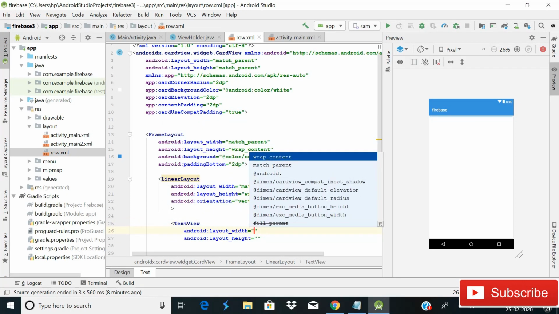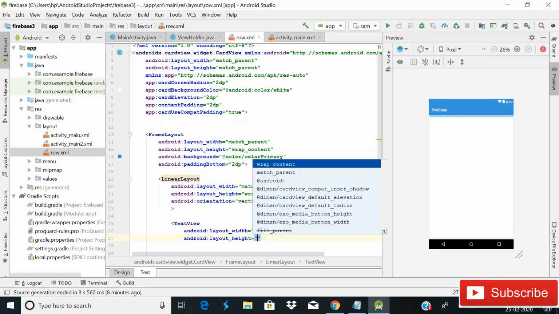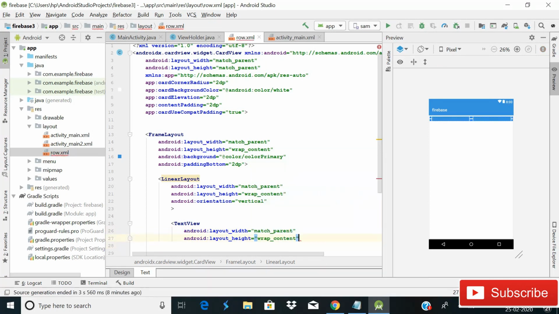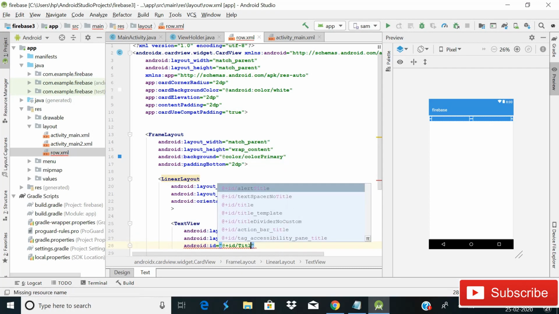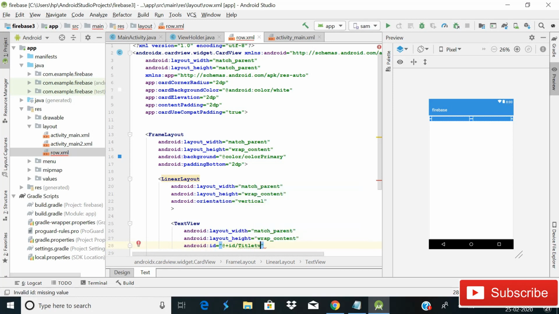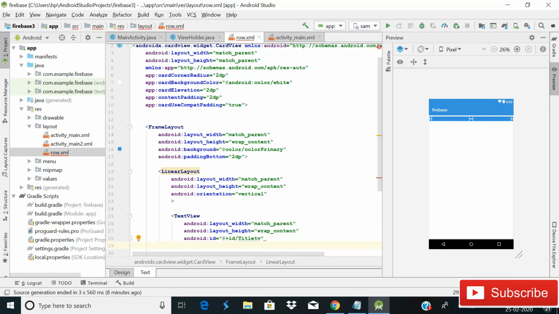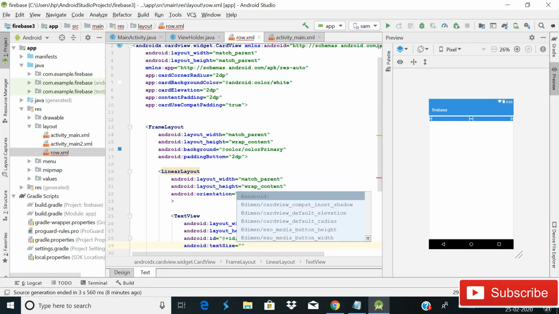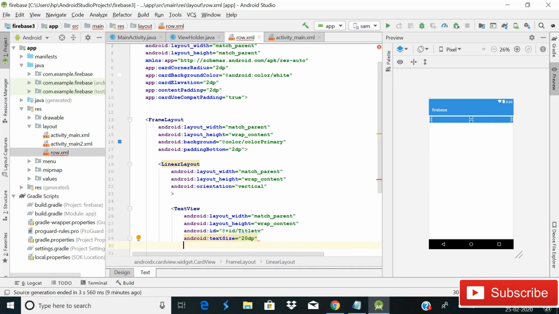Simply write TextView, width match parent and height wrap content, and then we will give it id titletv, and then textSize 20sp, make it 15sp, because when we talk about text size, we use sp, we don't use dp, because dp is for other attributes.